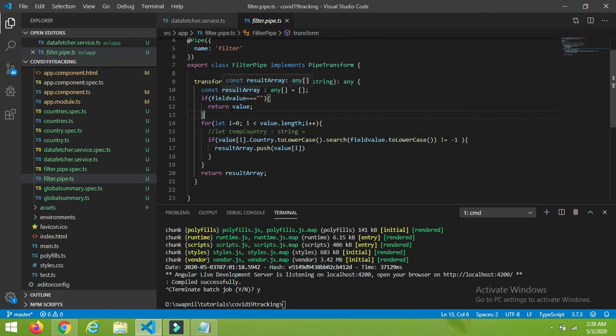Once this iteration is done, we have all the matching records, so just return that matching records array. Once we return this array, it will be rendered on the UI.